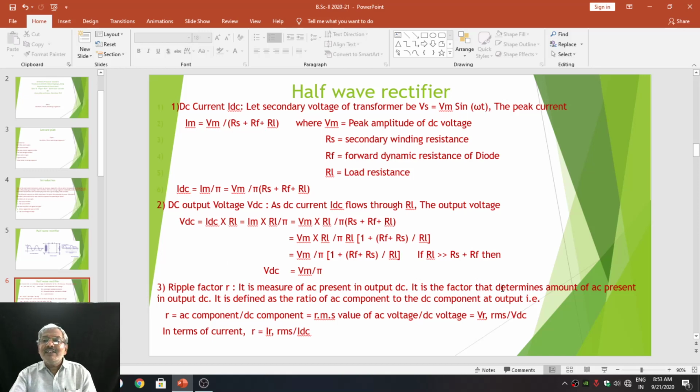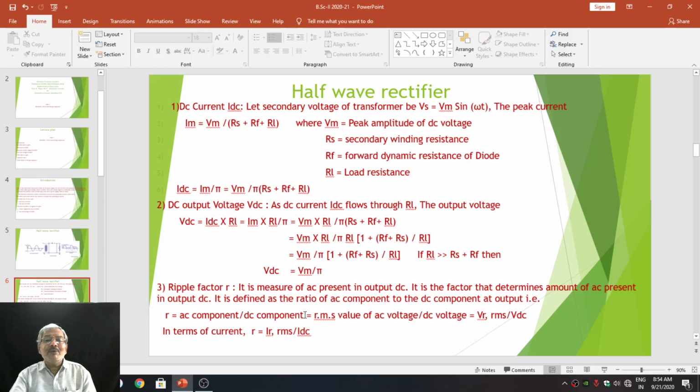It is a factor that determines the amount of AC present in the output DC in the half wave rectifier. It is also defined as the ratio of AC component to the DC component at the output. So, another definition of ripple factor is the ratio of AC component to the DC component at the output across the load. By this definition, we can write